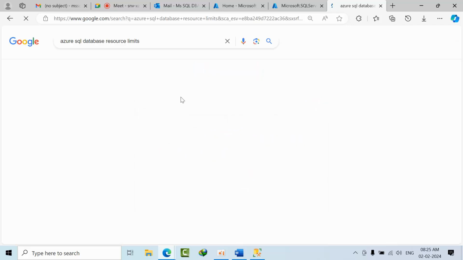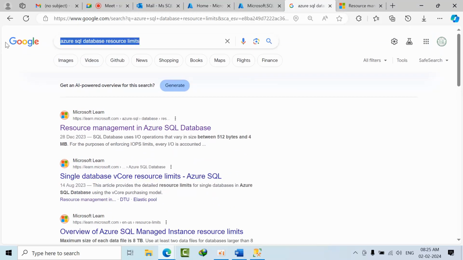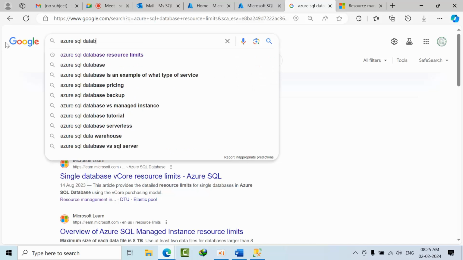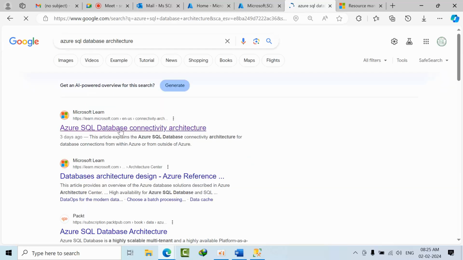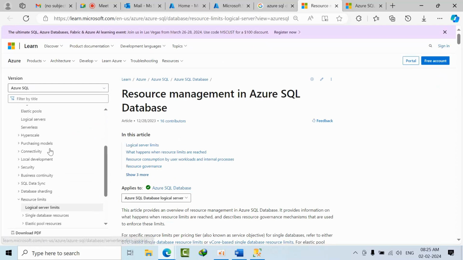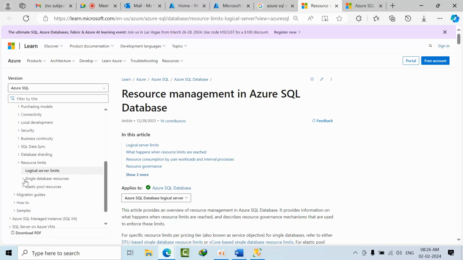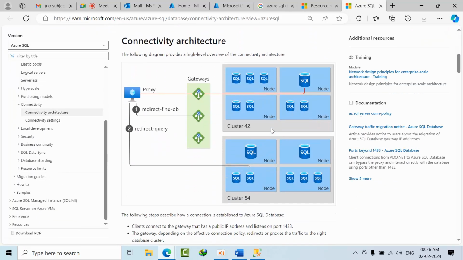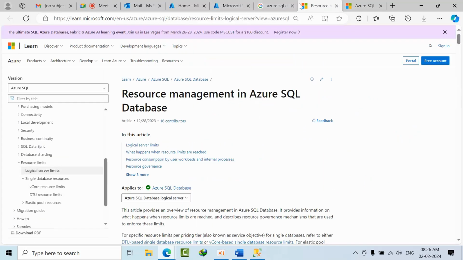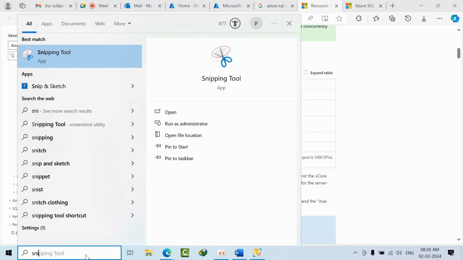Azure SQL Database resource limits. I will take one snap here.